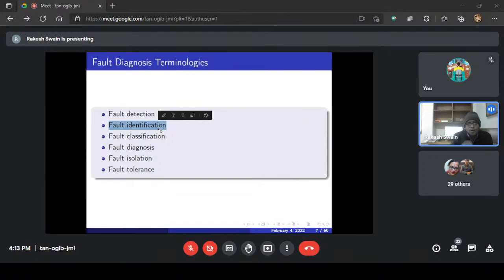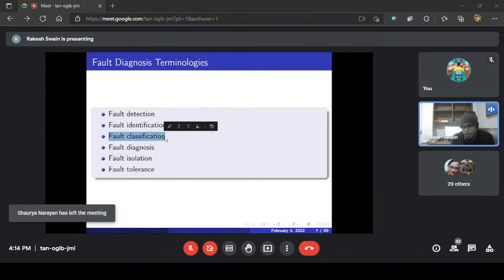So you have to identify that location or identify that node, or you can say the faulty node or fault-free node. You can identify that. So that is the fault identification here. Then after that, you have to go for the fault classification. So you have to detect the presence of the fault, then you can identify that particular node, then you have